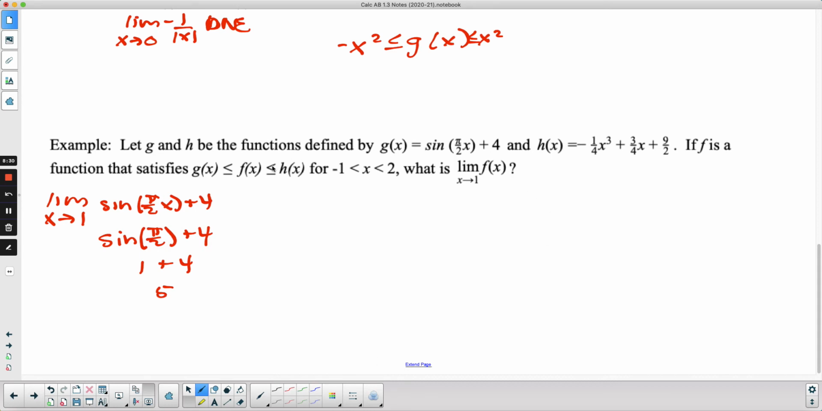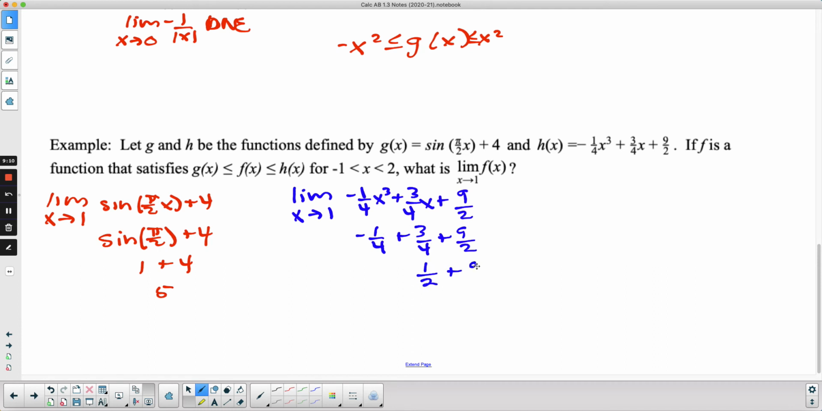All right, now when we do the limit of h of x as x approaches 1, we're going to hope that we get 5. So limit as x approaches 1, -1/4 x cubed plus 3/4 x plus 9/2. And again, we can just do some direct substitution. There's nothing really fancy about this one. So when we put 1 in for x, we just get -1/4 plus 3/4 plus 9/2. So -1/4 plus 3/4, that's 2/4, that's 1/2 plus 9/2, so 10/2, which lo